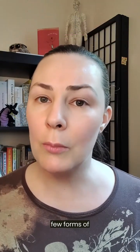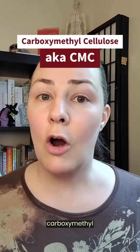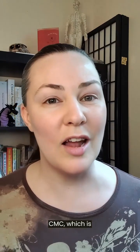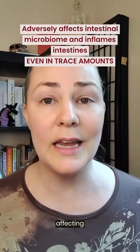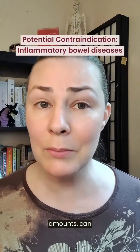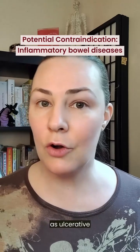Here are a few forms of cellulose that are often used as a binder in dietary supplements. Carboxymethylcellulose, also known as CMC, which is generally considered hypoallergenic. However, there is evidence that carboxymethylcellulose can cause inflammation of the gut by adversely affecting intestinal microbiome. Ingesting it, even in trace amounts, can be triggering in people with inflammatory bowel diseases, such as ulcerative colitis and